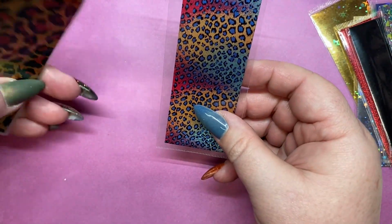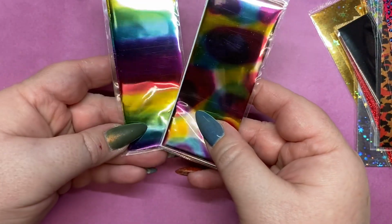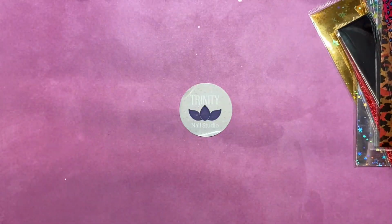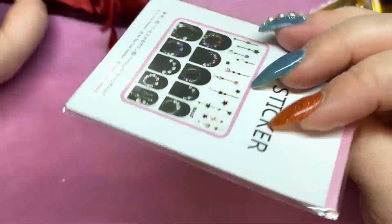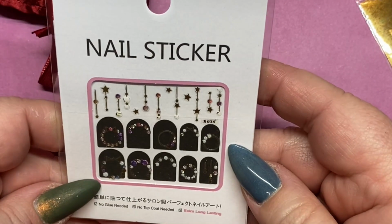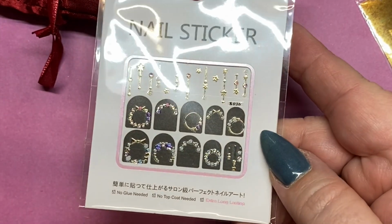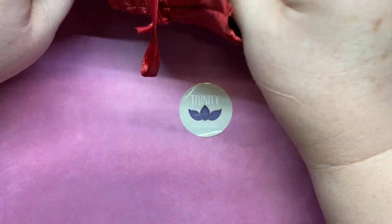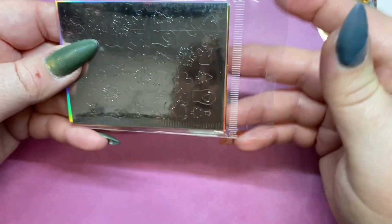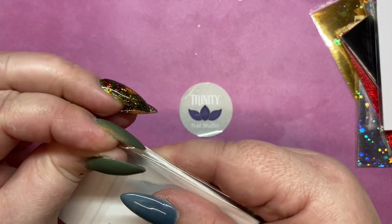This is adorable. Some animal prints. And then some really cool rainbowy kind of stuff. Let's see what else is in here. Oh, some really, I didn't see these before. Some really cute nail stickers. Those are adorable. Next, oh, we have some more stickers. These are cute. I got some Halloween ones like this as well,